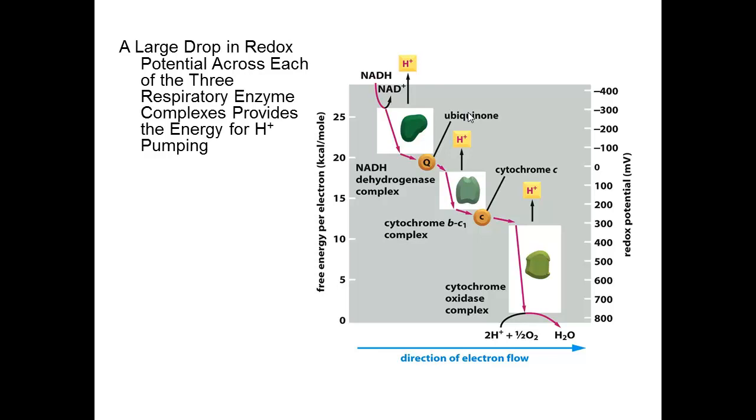So in this last slide, I want to talk a little bit about the electron transfer reactions. And as you can see here, we have a redox energy scale, with the electrons from NADH being very high energy. They're being transferred first to the NADH dehydrogenase complex, to the ubiquinone, to the cytochrome BC1 complex, to cytochrome C, to cytochrome C oxidase, and finally to oxygen. Each of the electron transfers is energetically downhill. Each time the electron is transported to one of the three primary protein complexes, a proton is pumped across the